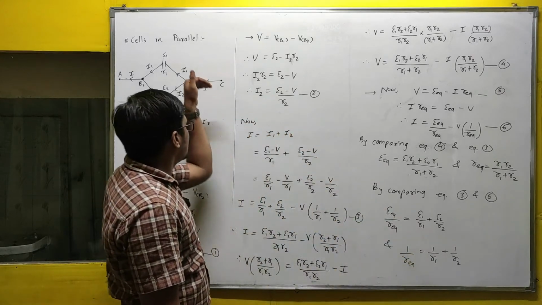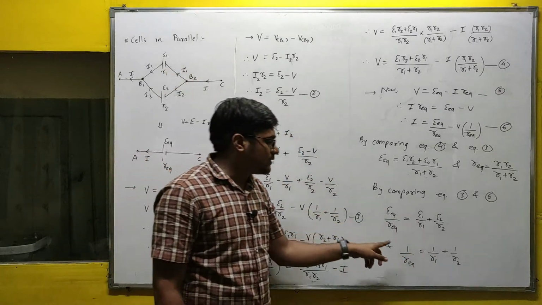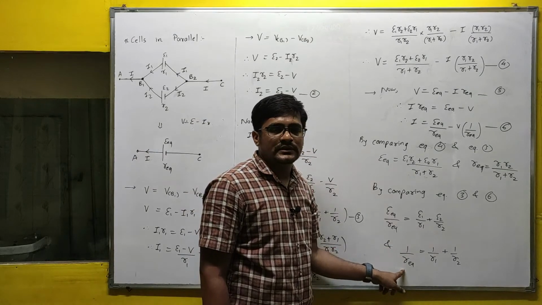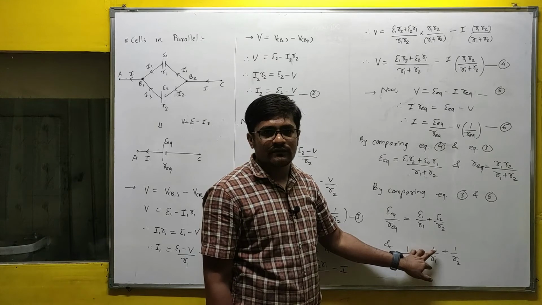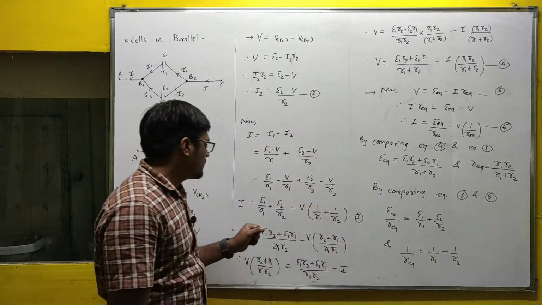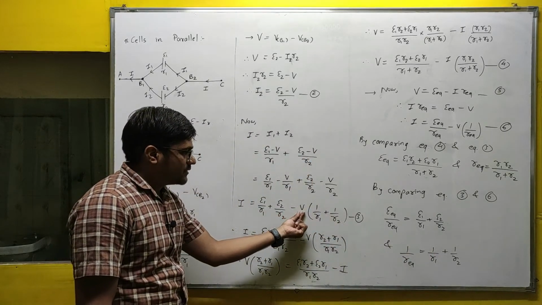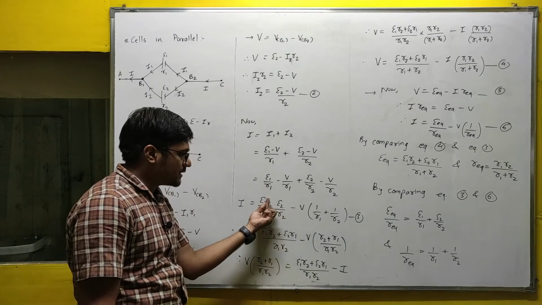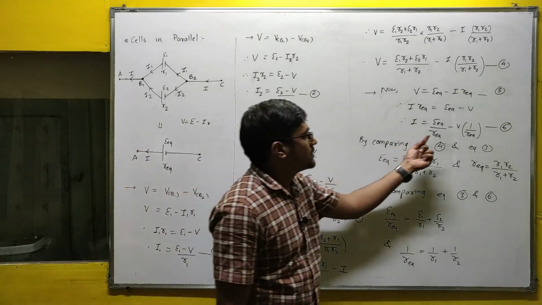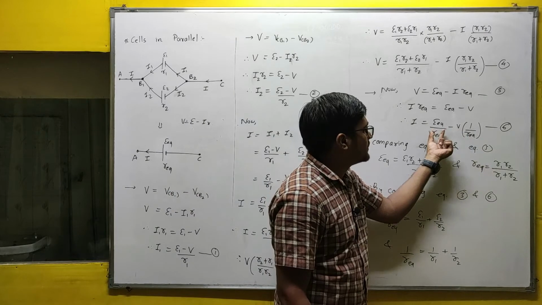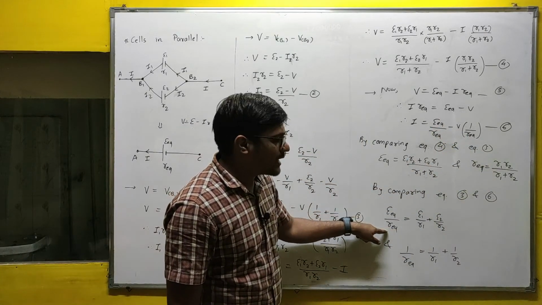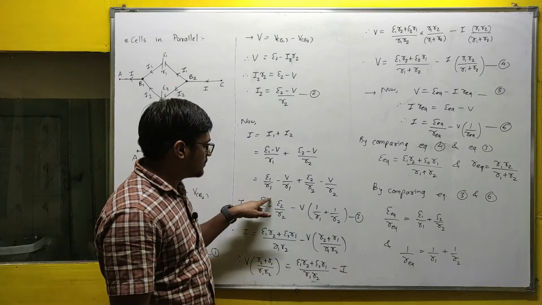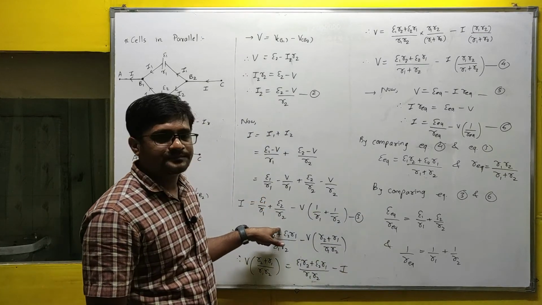This is the formula of equivalent resistance in parallel combination. So whenever the cells are in parallel, for equivalent internal resistance, use the formula of equivalent resistance of a parallel combination of resistors. Now with this V term, this term is present: E1 by R1 plus E2 by R2. So here also with this V term, E equivalent and R equivalent are present. So E equivalent by R equivalent is equal to E1 by R1 plus E2 by R2.